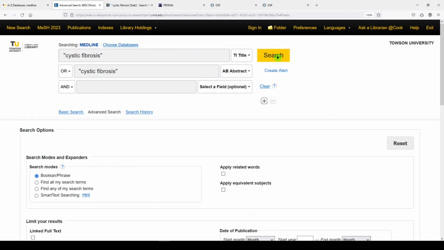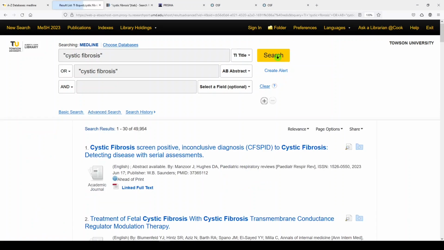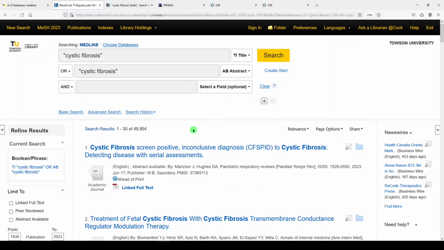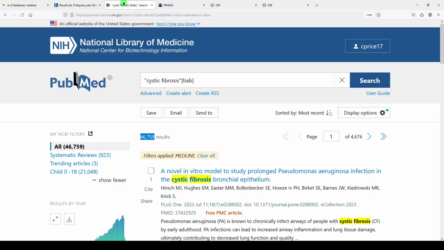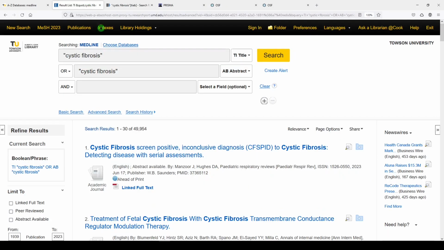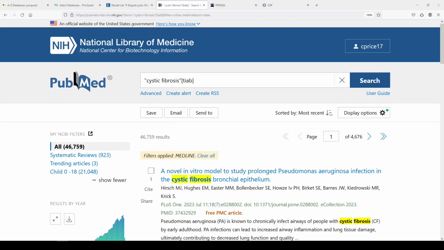Let's see how it compares to PubMed. They are both supposedly updated daily, both the EBSCO version and the PubMed version. 49,954, 46,759. Now I suspect, but I don't know for sure, that the variance has to do with the way that